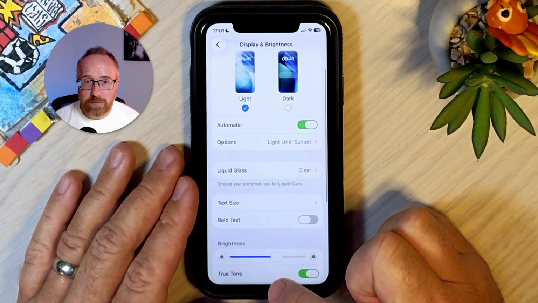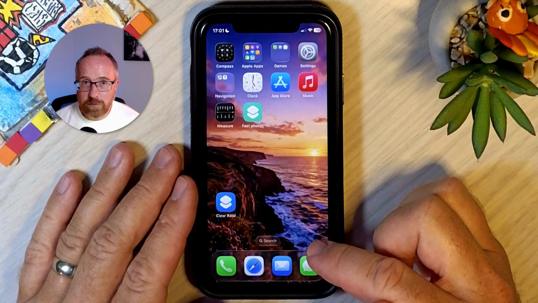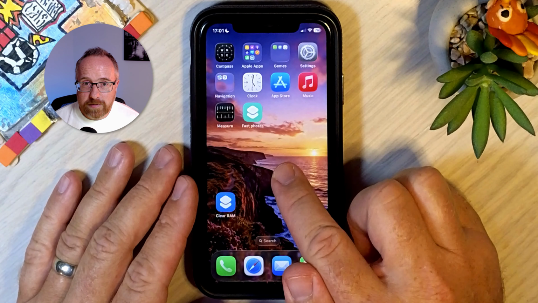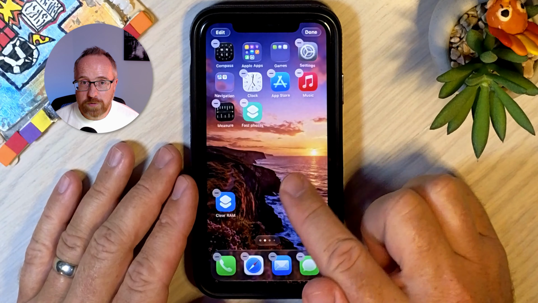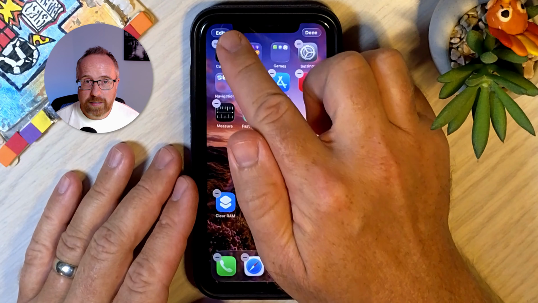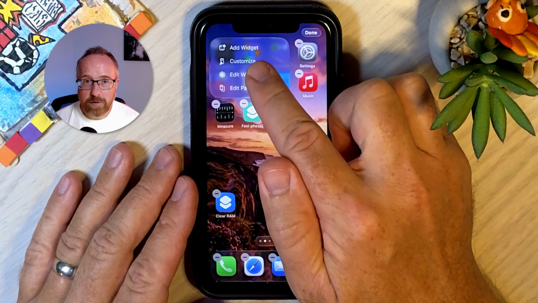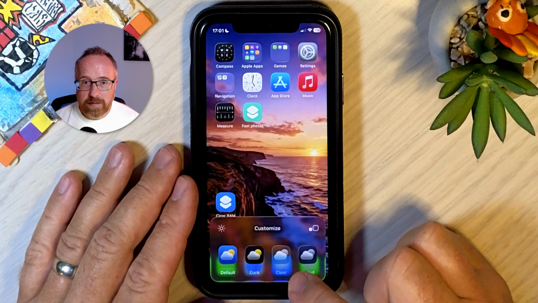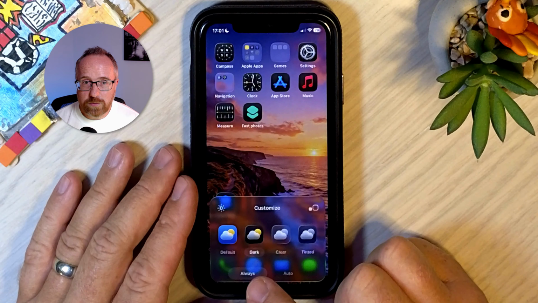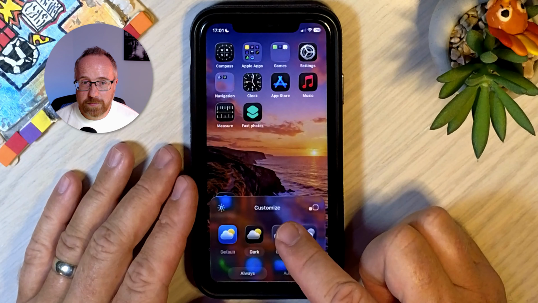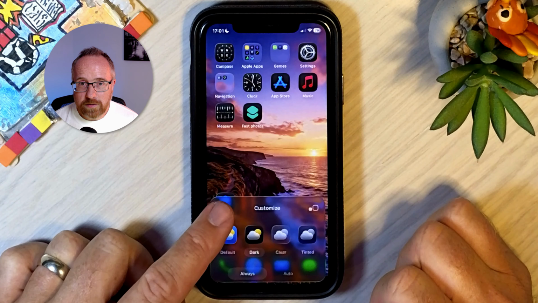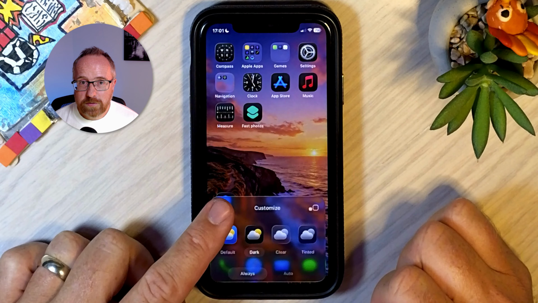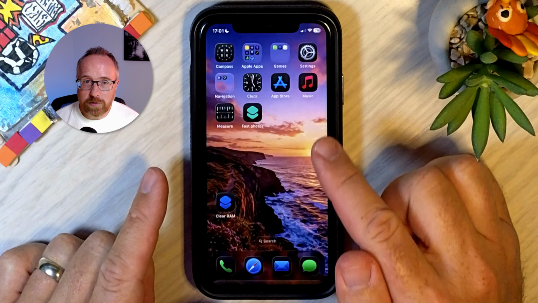If you want to have a darker aesthetic on your phone, there's something else you can do. You tap and hold on any part of the home screen on your phone, and then tap on edit up here, and then tap on customize. And then down here, we can choose dark mode, which changes the apps to dark mode. And this little sun icon here, you'll notice it makes it lighter and darker. So you can do those two things to make dark mode a little more